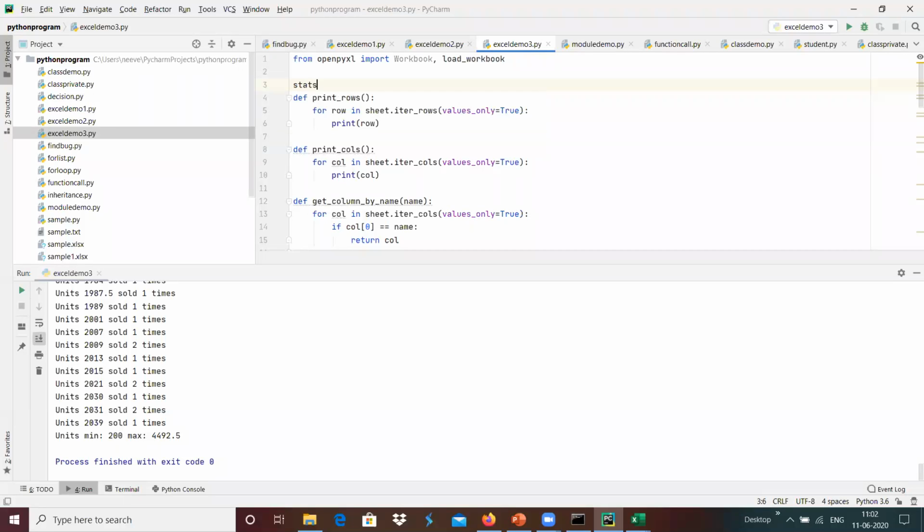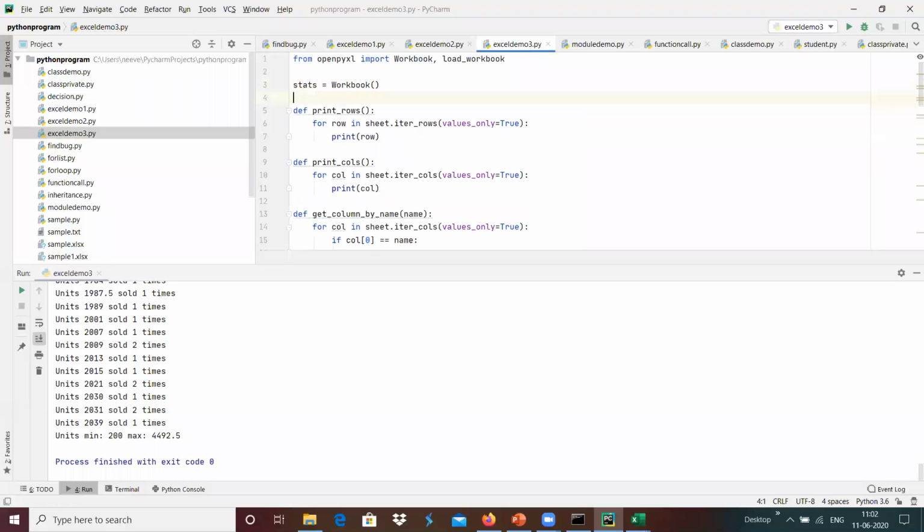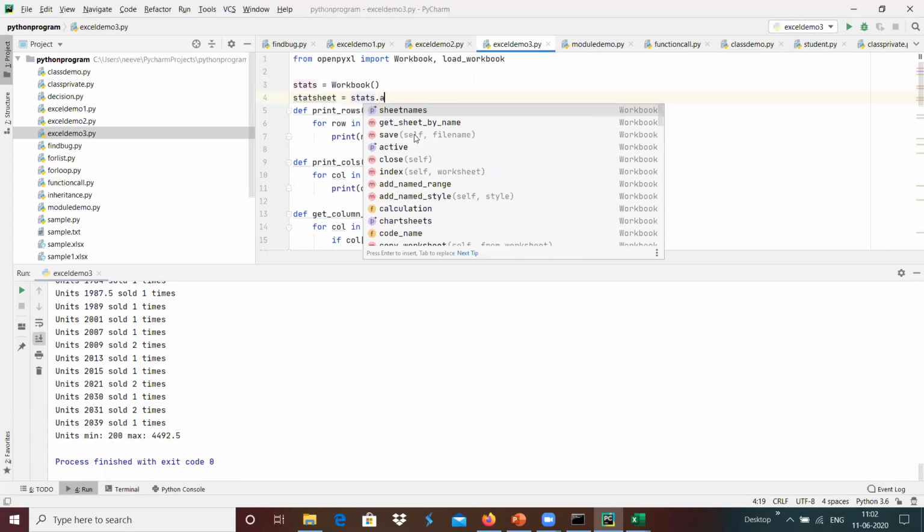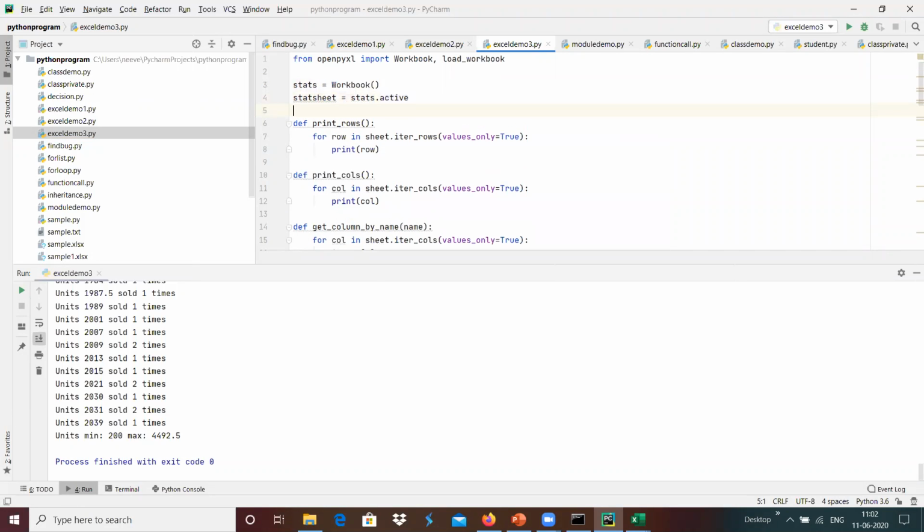Stats is the output which we wanted to do. I'm going to create a workbook like this, stats, and we can have something like a stat sheet, which is stats.active, the active sheet over here.